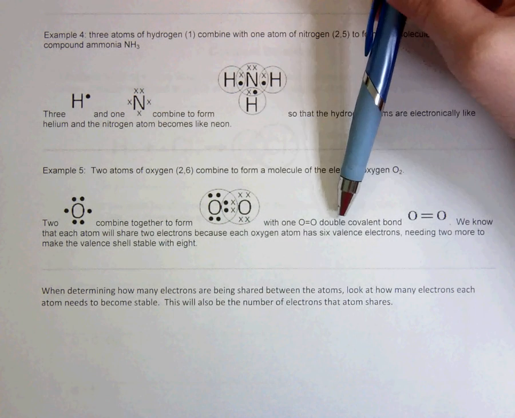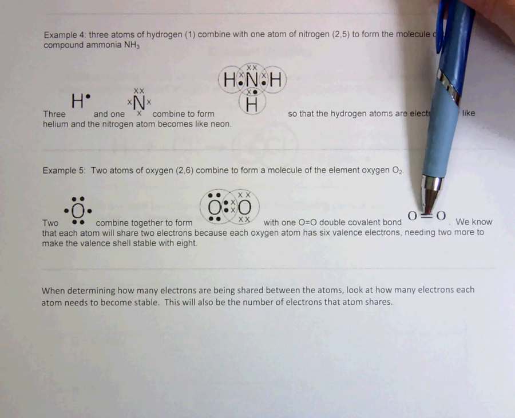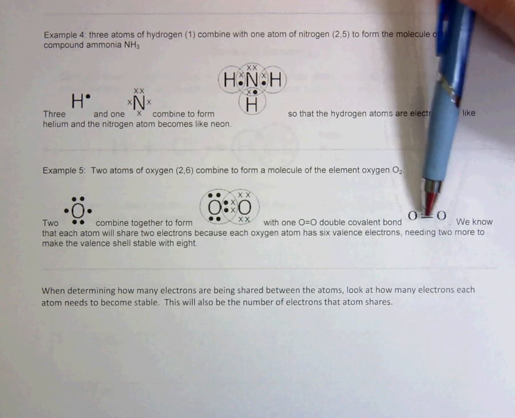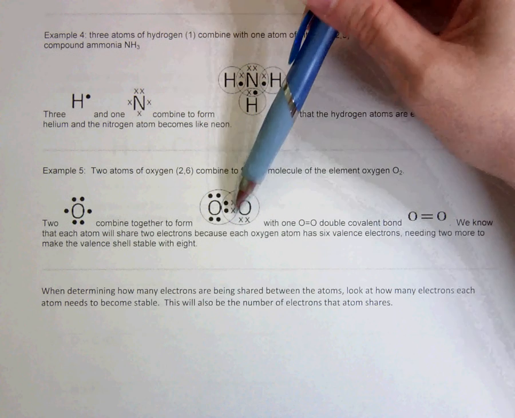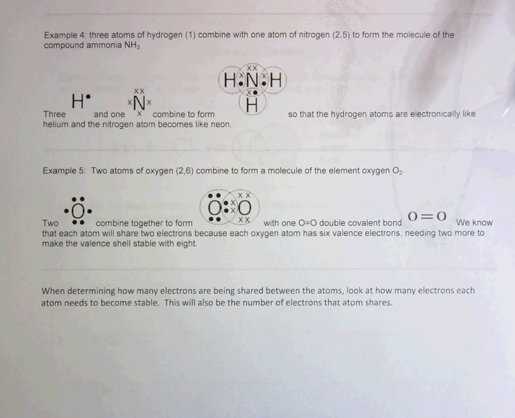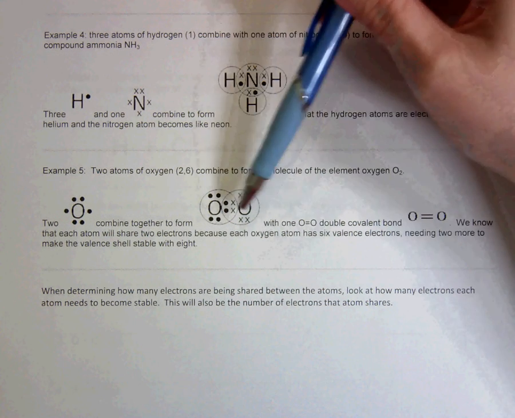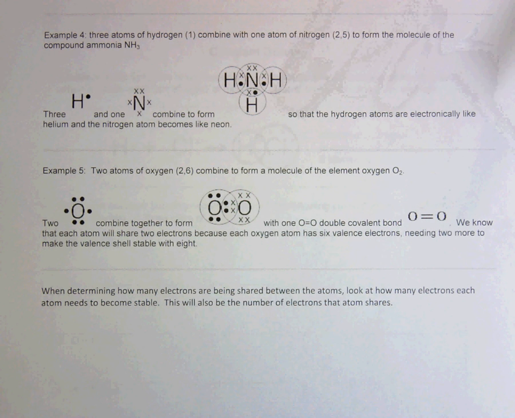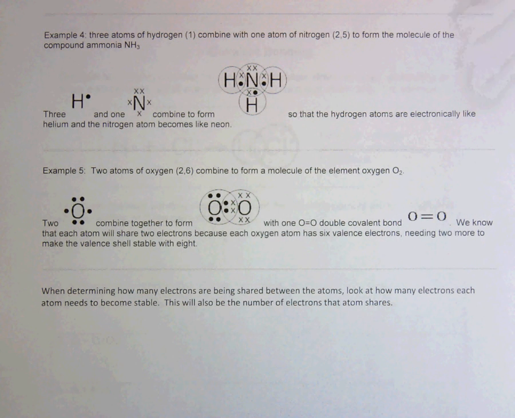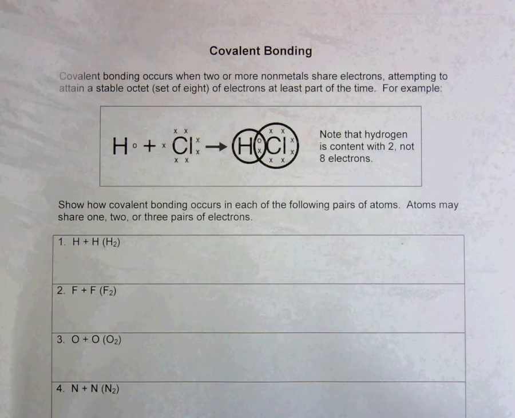This double bond can be written as such with 2 lines. A single bond would be 1 line, and this is called a double bond because they're sharing 2 pairs of electrons. So we put 2 lines between the O's to let you know that there are 2 pairs of electrons being shared. Again, I know this is kind of an odd worksheet that you're working on, but as you go